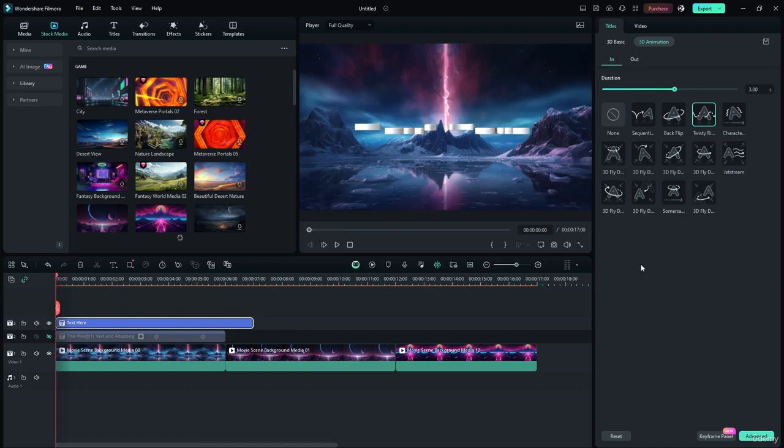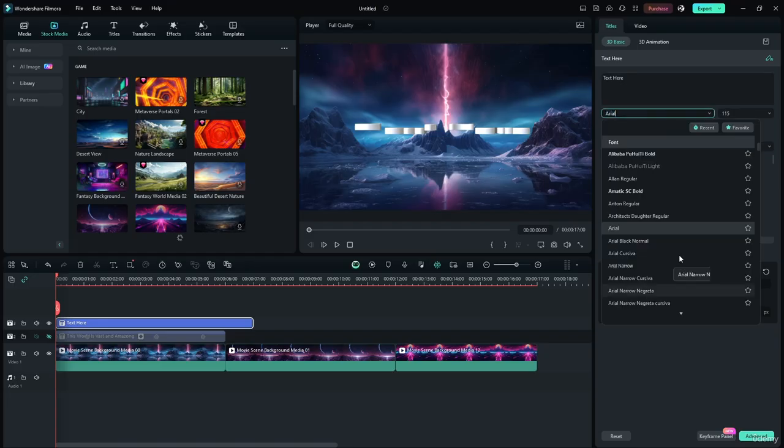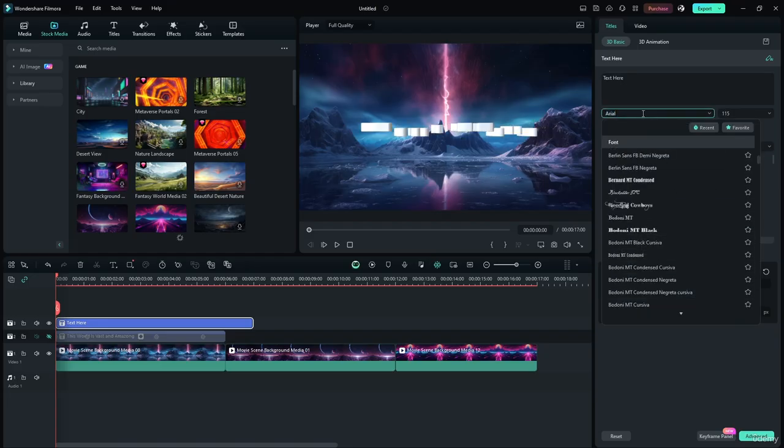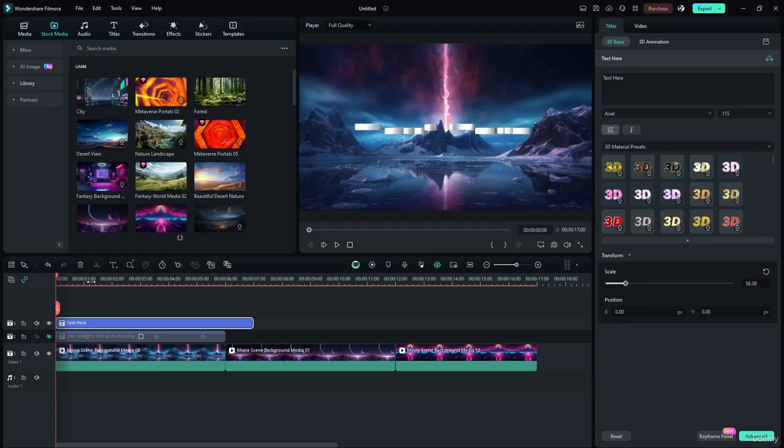So that'll be all for this lesson on how you can add text and edit it. Underneath 3D Basics here, you can also change the fonts as well, by the way. So that's it for this lesson on how you can add